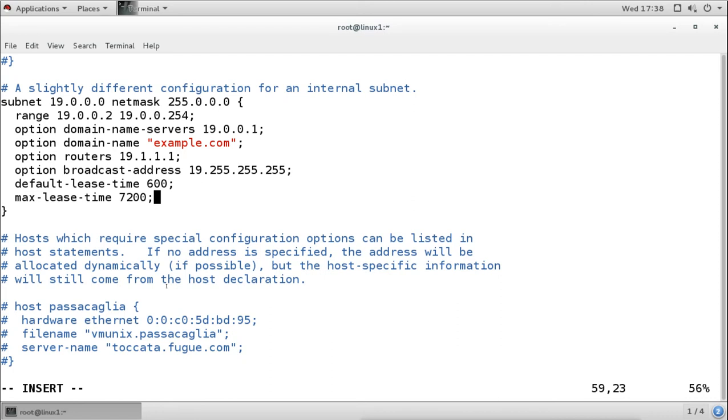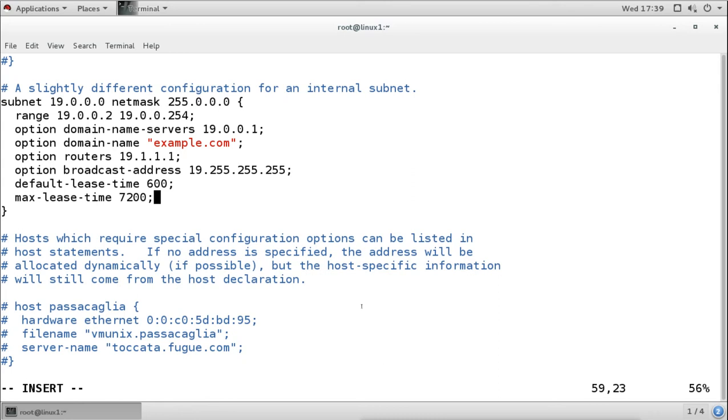Now when we get the IP address and the lease time expires, what does the client do? The client will try to get the IP address again from the server. It will release the IP address, and then try to get the IP address again from the DHCP server. It will send the DHCP renew packet to get the IP address. Now if at that time the DHCP server is not available, that means the IP will not be given.